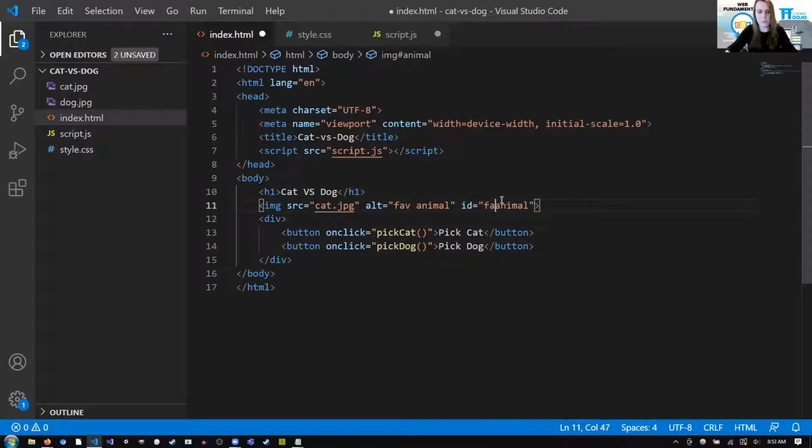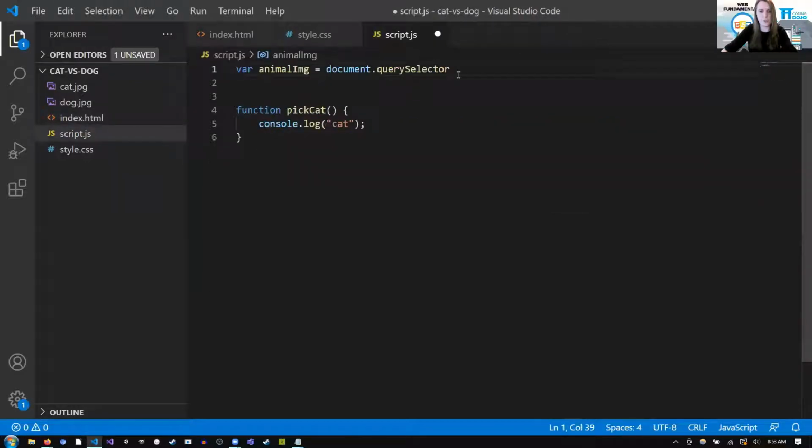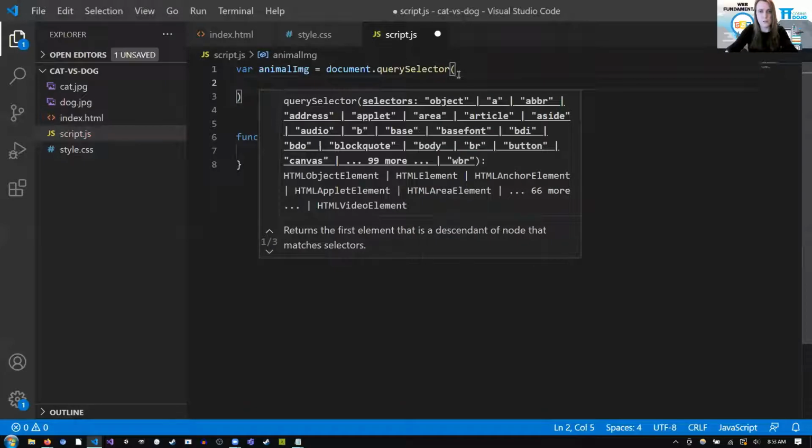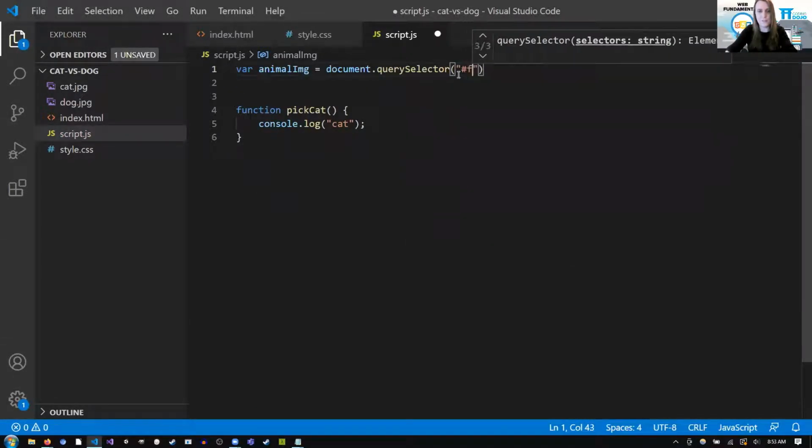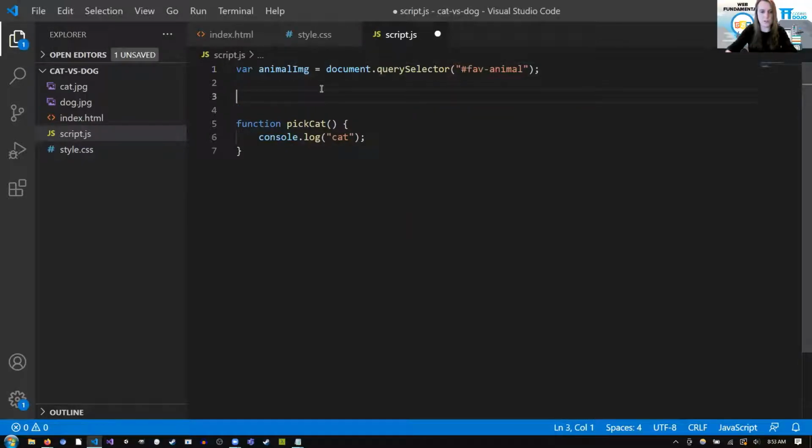The fave animal ID. I like that, fave animal. And then I just want to make sure that this is getting loaded. So I'm going to console log animal image. When I'm working with code that I'm not sure about, I always want to console log everything so I can